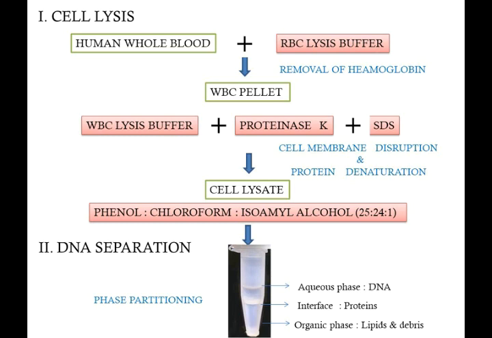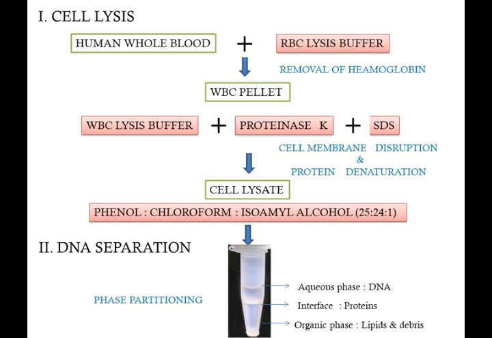When extracting DNA from whole blood specimens, selective lysis of RBCs is carried out using RBC lysis buffers. The removal of hemoglobin is an important step. A WBC lysis buffer is then used to break open the leukocytes. Membrane lipids are removed using a detergent surfactant, sodium dodecyl sulfate, shortly called SDS. SDS interferes with the membrane proteins and lipid bilayers, leading to the disruption of the cell membrane. Proteinase K and RNase A are added to the mixture for enzymatic digestion of proteins and RNA molecules respectively.